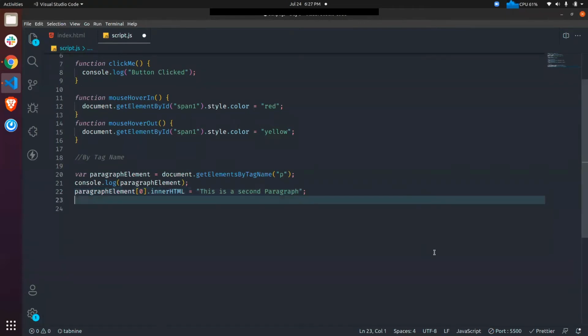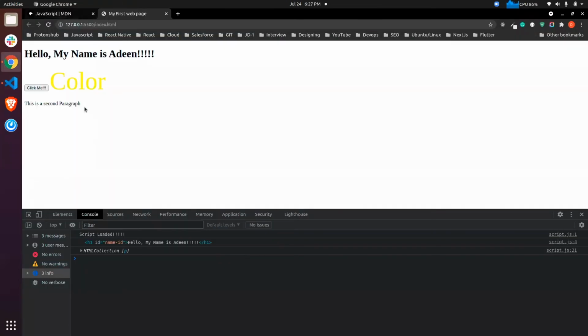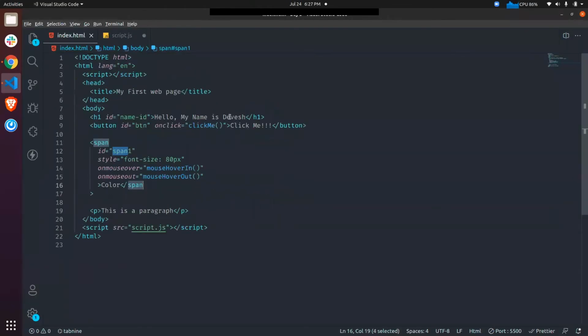Okay. Now, we have seen how we can manipulate the DOM and change the HTML using IDs and using tag name. Now let's say you have a specific class name which is applied on multiple elements in your document.